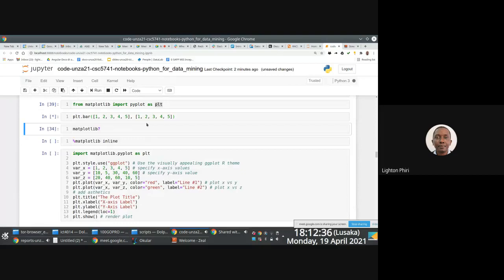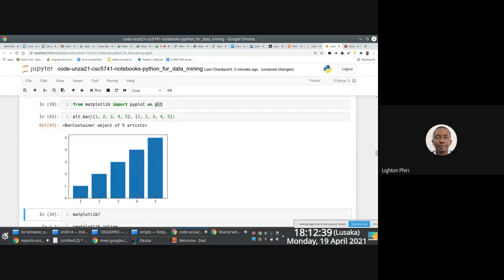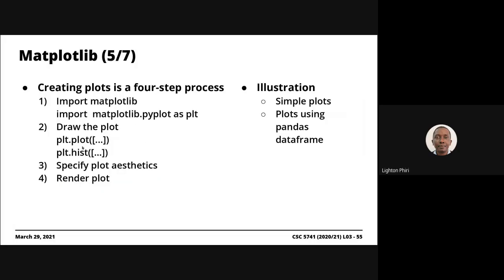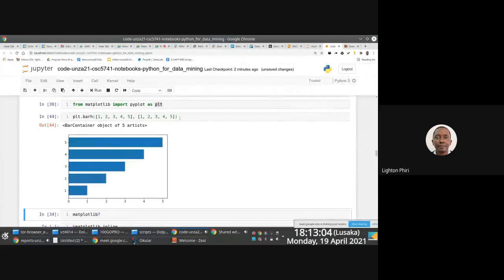And then, the other aesthetic things you can change as you go along. So things like, if you wish to create a stacked bar plot or something that has these bars side by side, right? So the key thing here is you draw the plot by specifying the type of plot you want to draw. And to give you an idea, some perspective of what you have access to here, what I will do